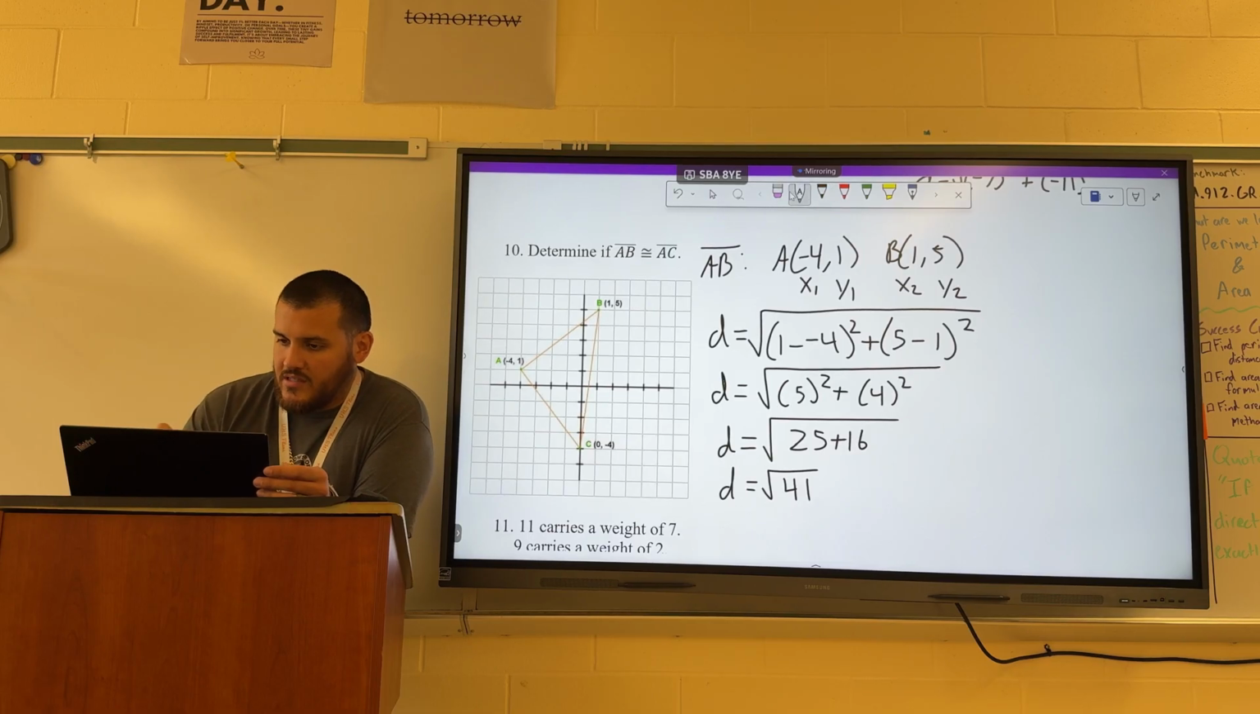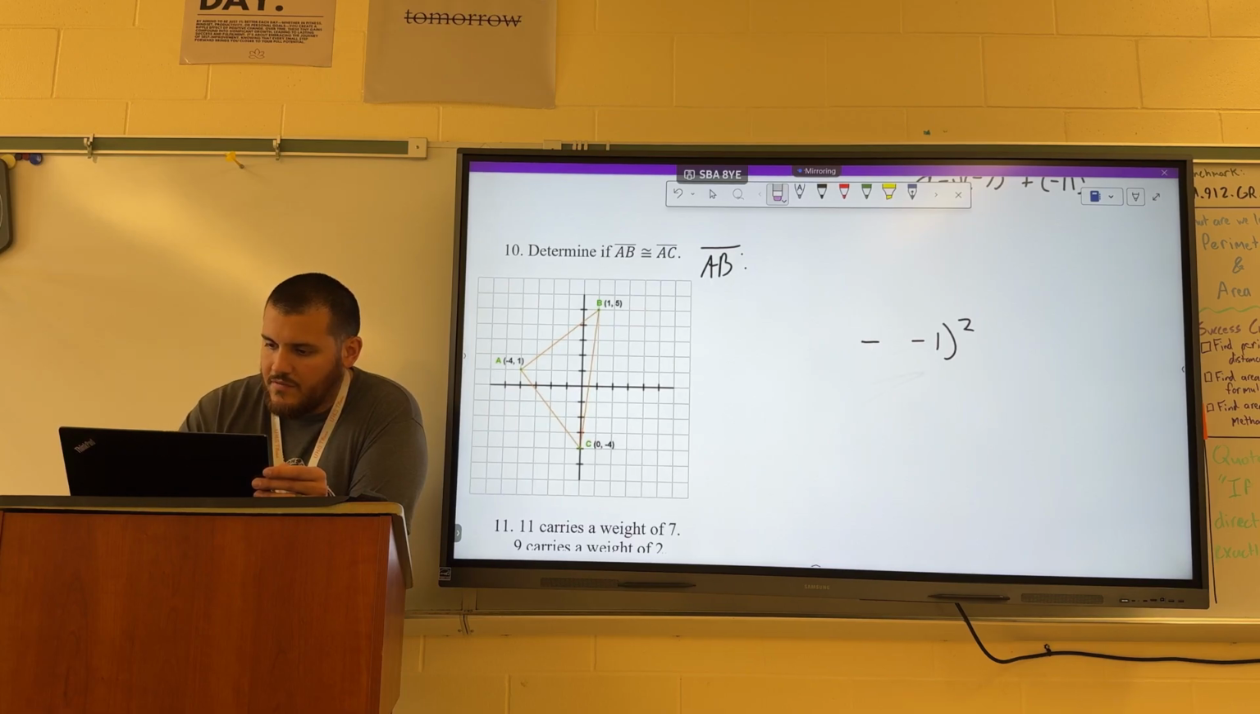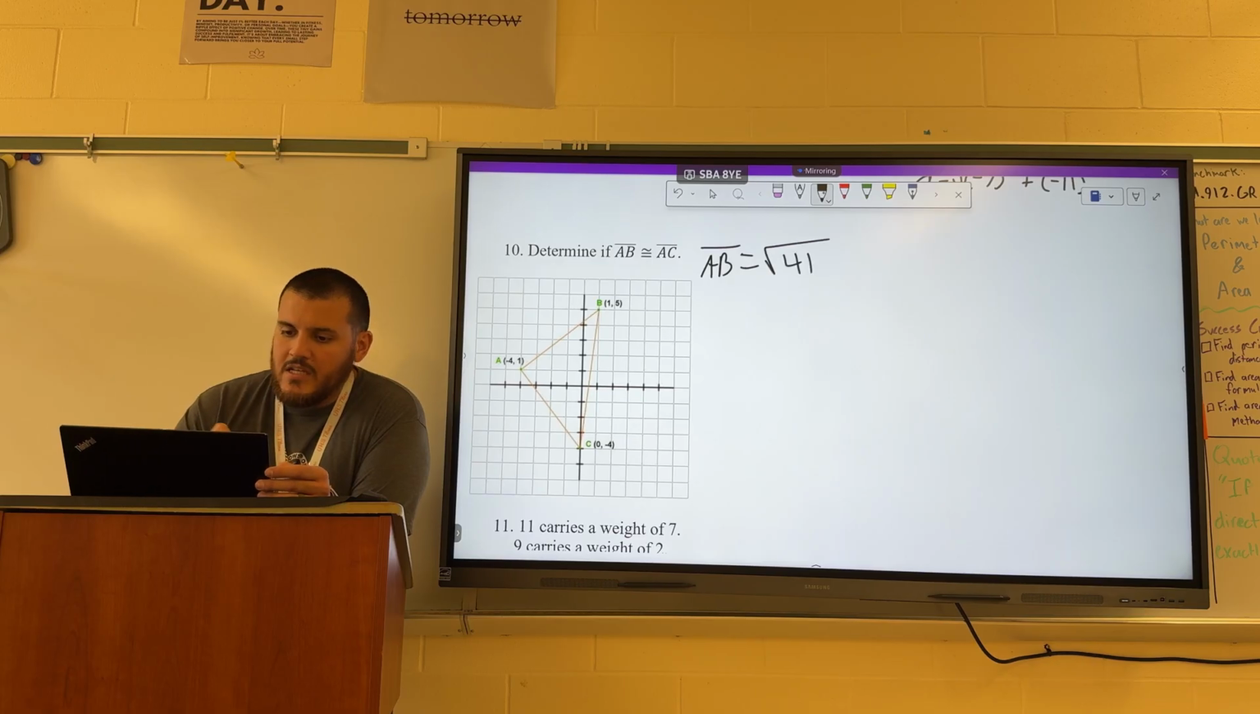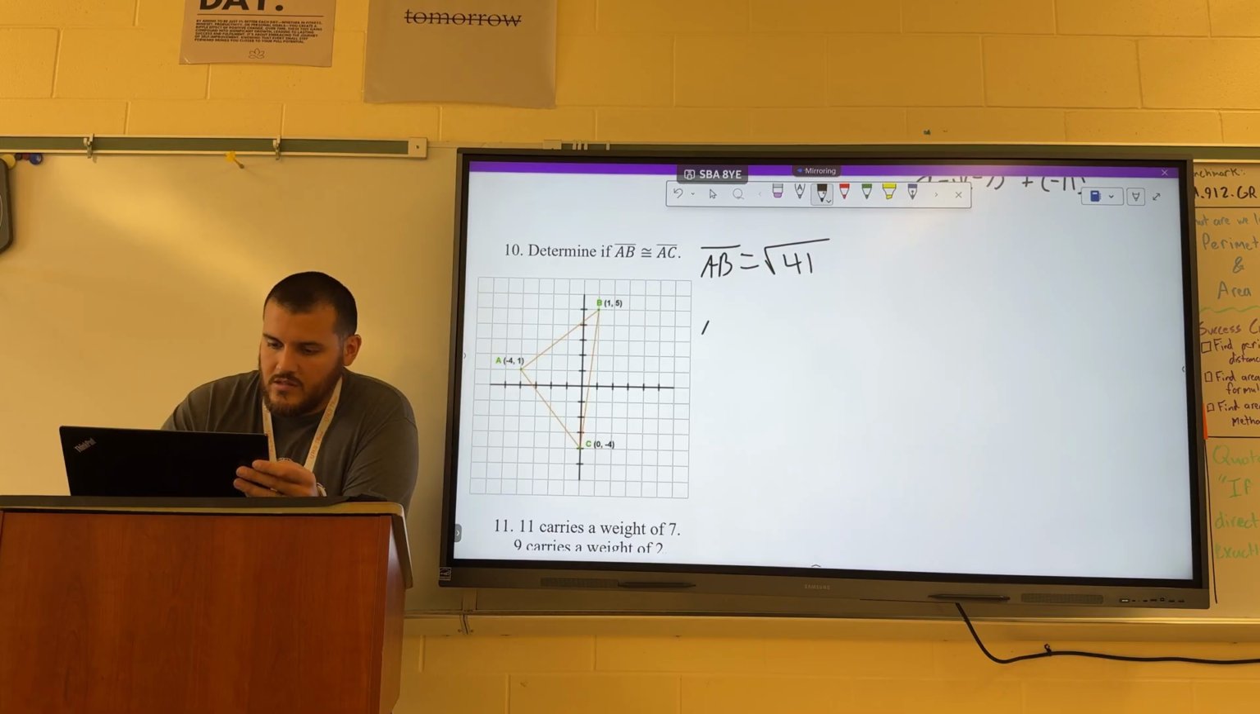Okay, I'm going to erase this just so that I have room to show my next distance formula on screen with the graph. So we just found out that AB is equal to the square root of 41. So if we get the same value for AC, then these segments would be congruent to each other. So now for AC,